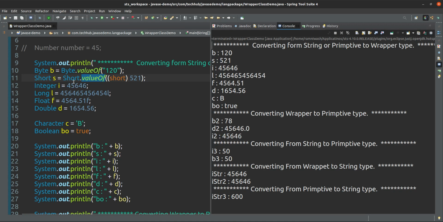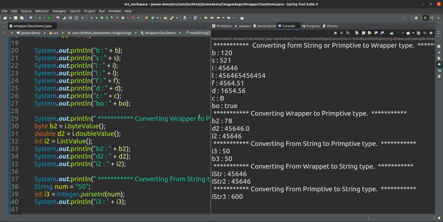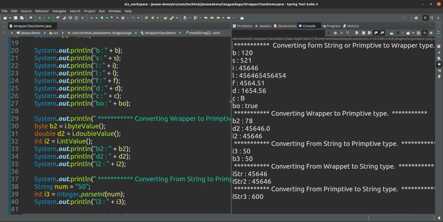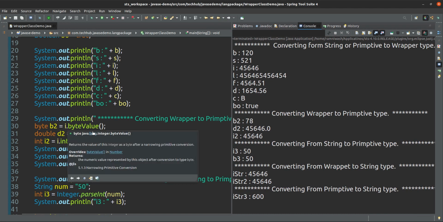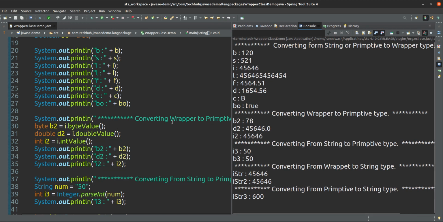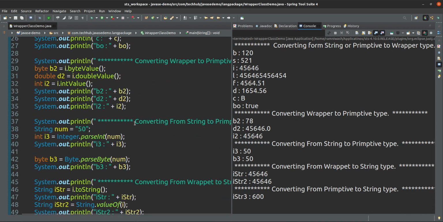If it is a primitive value, directly we can assign. Using doubleValue, byteValue, intValue, shortValue, we can convert wrapper to primitive data types, and by using parseInt, parseByte, parseShort, parseLong.